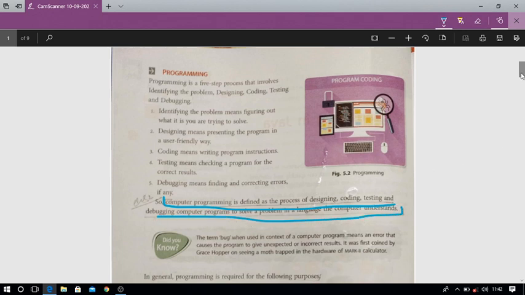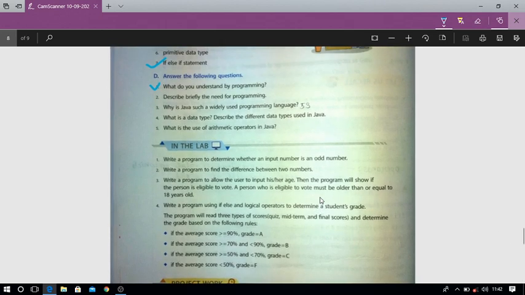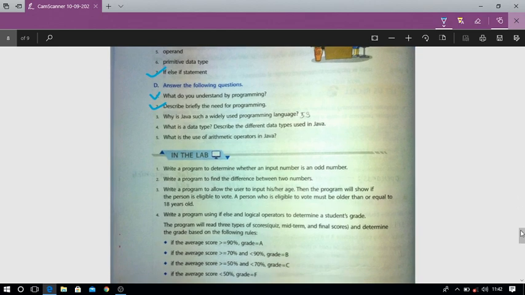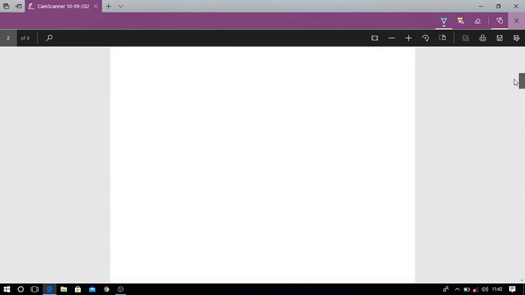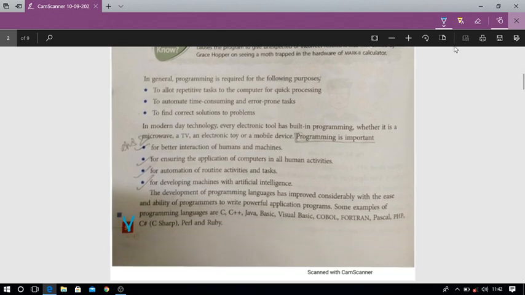Next, question number two is, describe briefly the needs of programming. In the same page number 52, the second answer is: programming is important for.